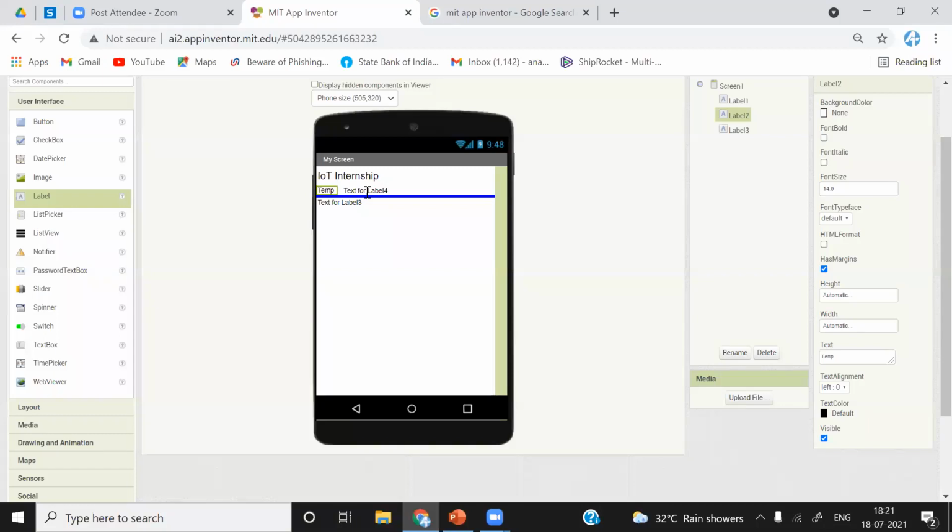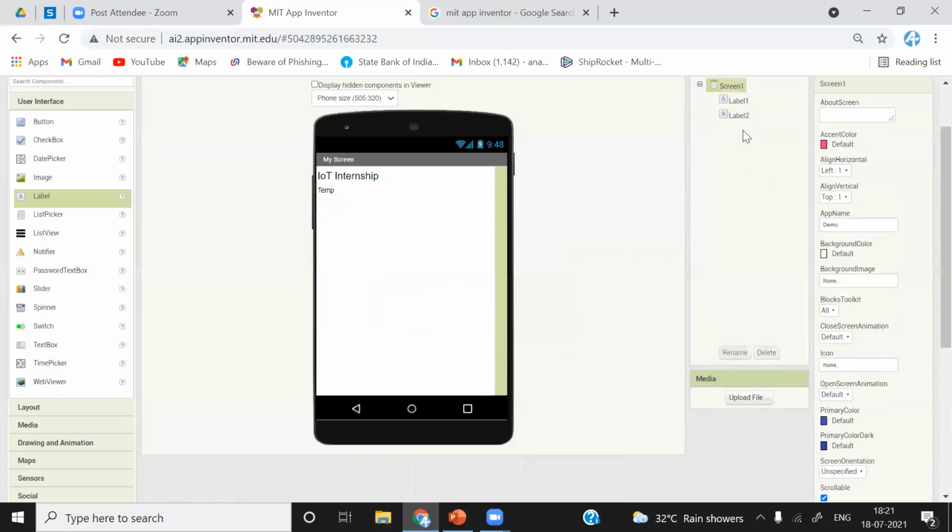So this is the reason we can use labels. Always remember, labels are text variables. You can give manual strings also, to save permanently, and you can change that string in the application. I will show that later in this session. So that is the reason we are going to use a label. Just delete this.